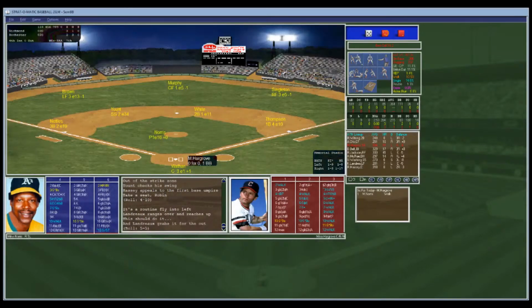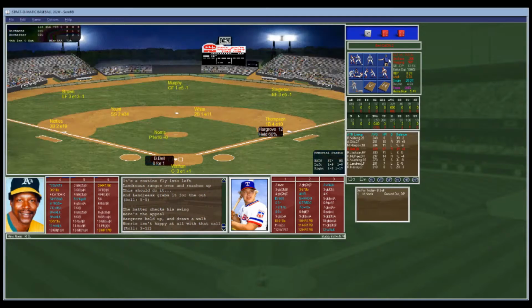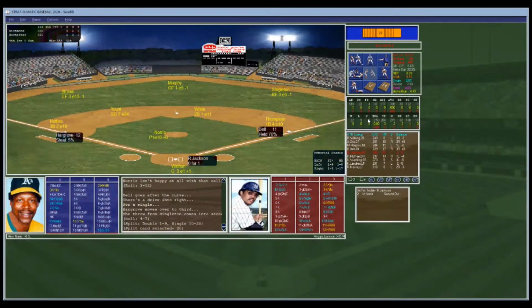Norris with a sign and pitch to Mike Hargrove. That will be a walk to Hargrove. That is Norris's 3rd walk of the ball game, and here's Buddy Bell. Bell is 0 for 1. Norris looks in from the stretch. Hargrove at first. Here's the pitch. This will be a line drive base hit for Bell. Again, righties hit Norris a lot better. So it's first and third, nobody out. And here come the Braves.